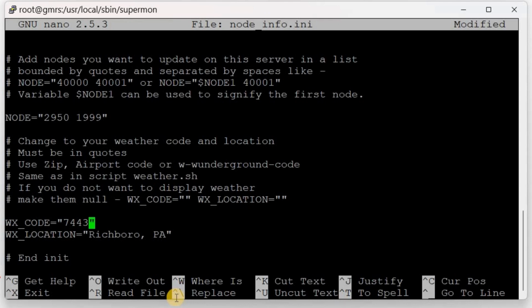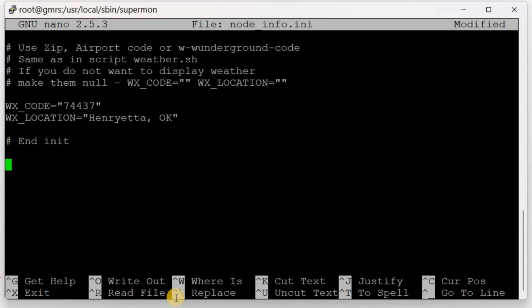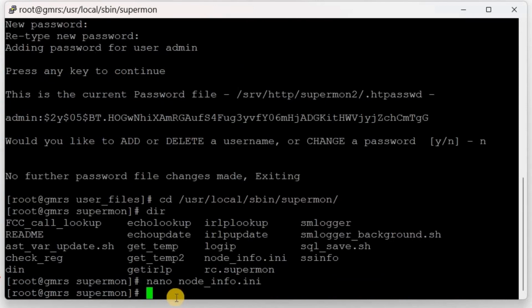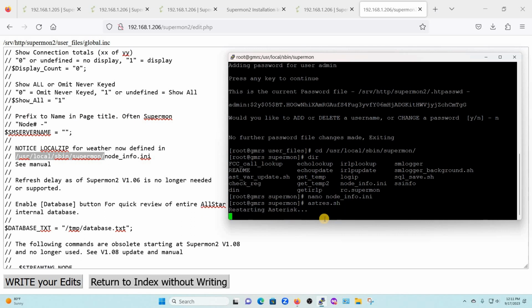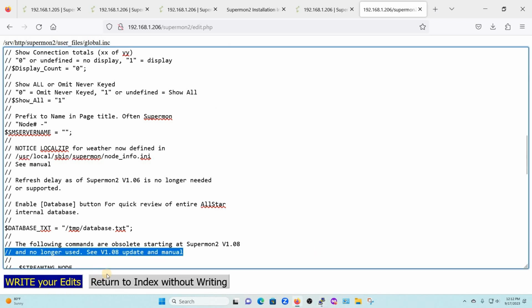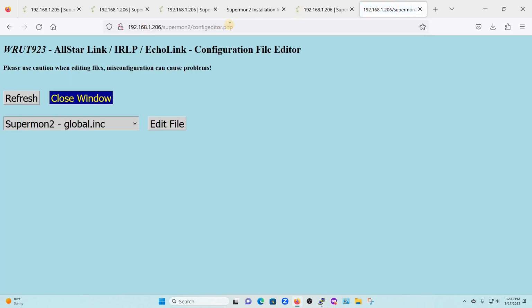Change the zip code right here, and you can change your location here. I believe that's it. Yeah, Control X, yes to save, enter to exit, and let's restart our Asterisk server. Not sure you can hear that, but that's our node Asterisk server and our node restarting. Okay, let's return to the index, close the window,